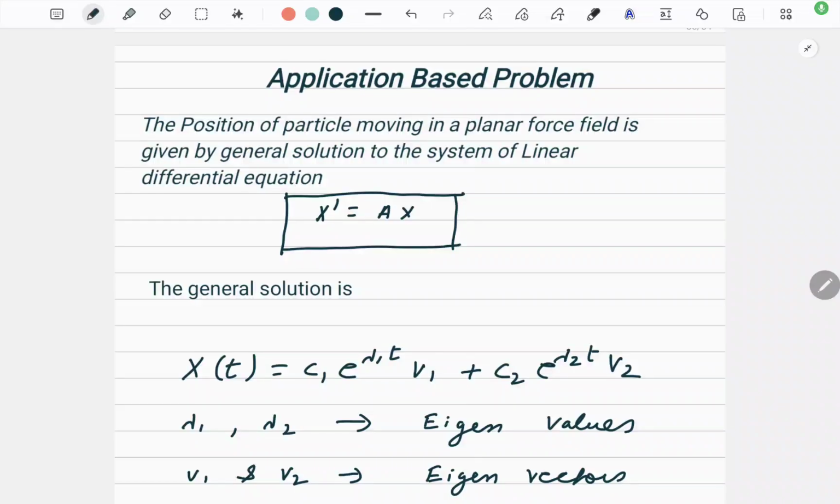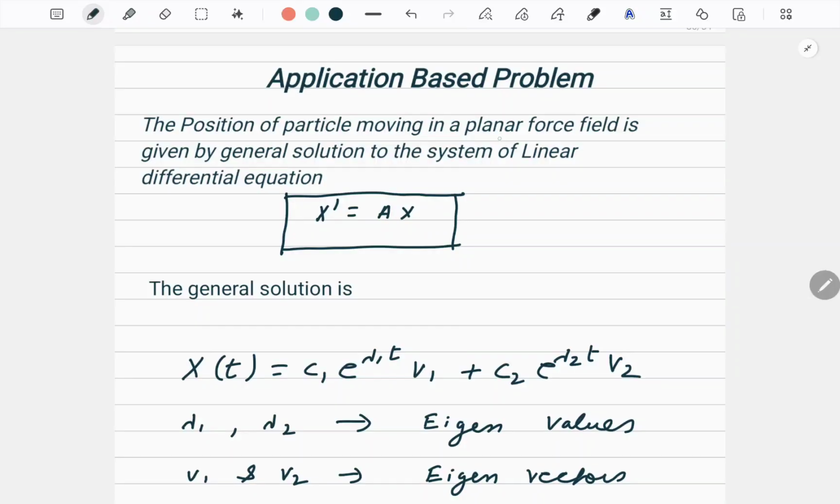Students, till now we have studied eigenvalues, eigenvectors, and diagonalization in 2 cross 2 as well as 3 cross 3 matrices, right? Now let us see a few application based problems. Now, consider a particle which is moving